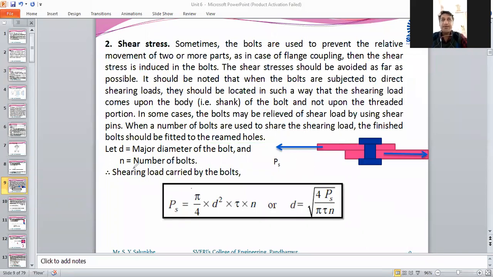Okay, we'll go further. Now let us consider that D is the major diameter. In this case, we are going to consider the major diameter for the design, because we are not going to consider that this shear load will come on the threaded part. It will come on the shank of that particular bolt, where the threads are not manufactured. That's why we are going to use the major diameter for the calculation of load. And here is the number of